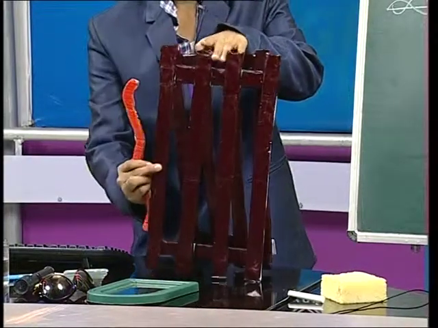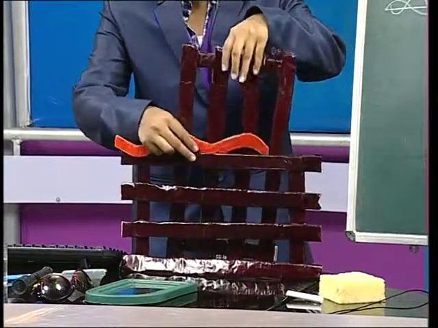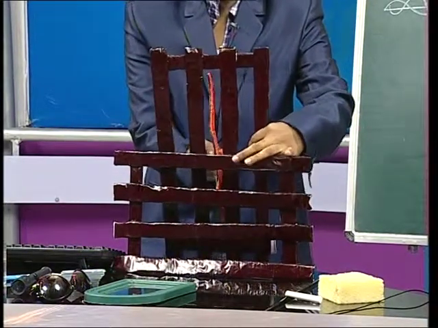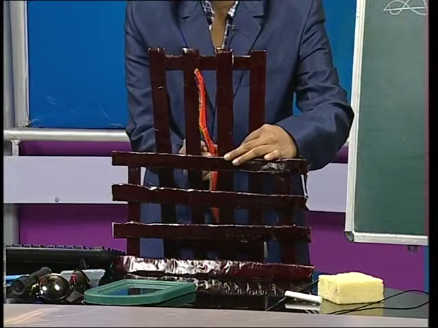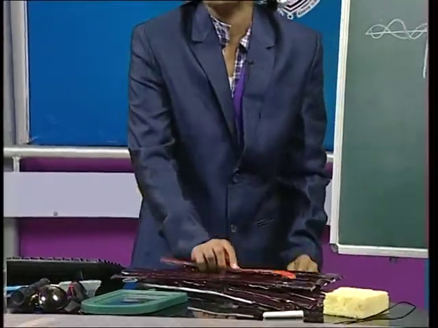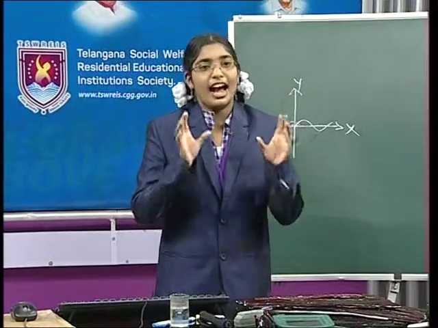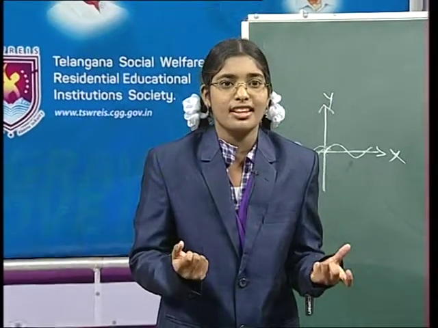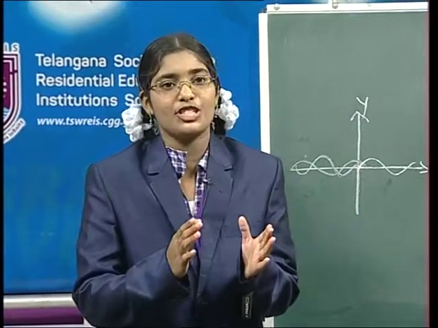Yes. See, but if you rotate the second Polaroid perpendicularly, what happens? The first Polaroid allows the horizontal plane to come out, whereas the second Polaroid stops this horizontal light. It means no light comes out at an angle of 90 degrees between these two Polaroids. Is it clear, Sweros? Yes. Now I think you have a clear idea about a Polaroid and how a Polaroid works. But we are doing these experiments. Why are we doing this? It is to know how an unpolarized light can be transformed into a polarized light.